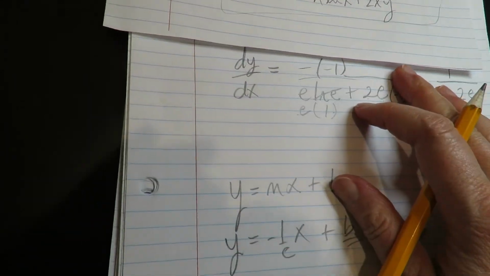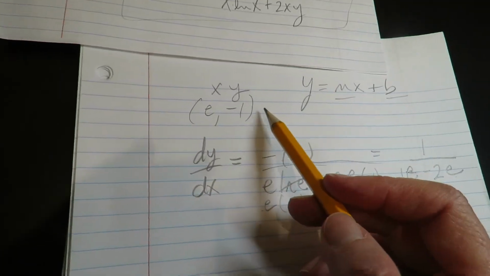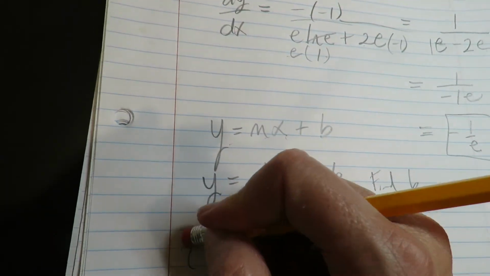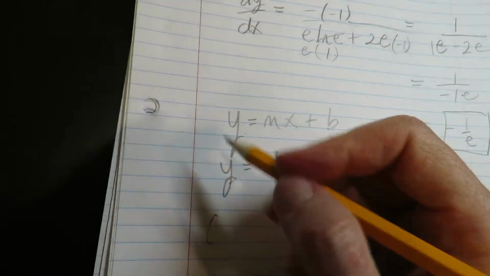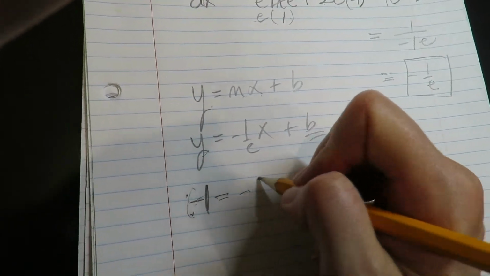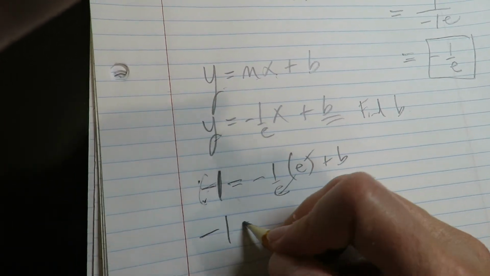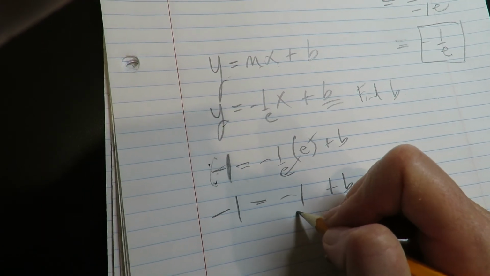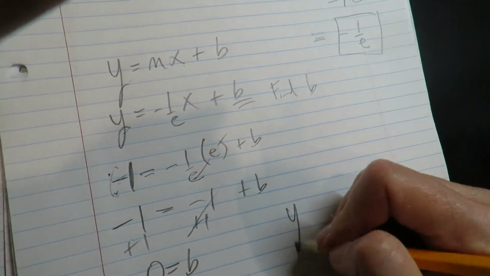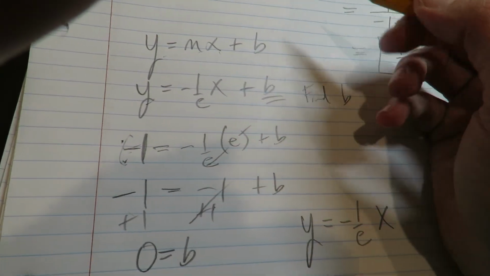And if you recall, to find the b, you have to plug in y, m, and x. So I'm going to go back and plug in those values. So y again is negative 1, equals negative 1 over e, x is e, plus b. All right, so negative e and e cancel, so you have negative 1 plus b. That's going to give you a 0 when you add the 1 to the other side. All right, so y is equal to negative 1 over e times x. All right, so when we fill in the equation,